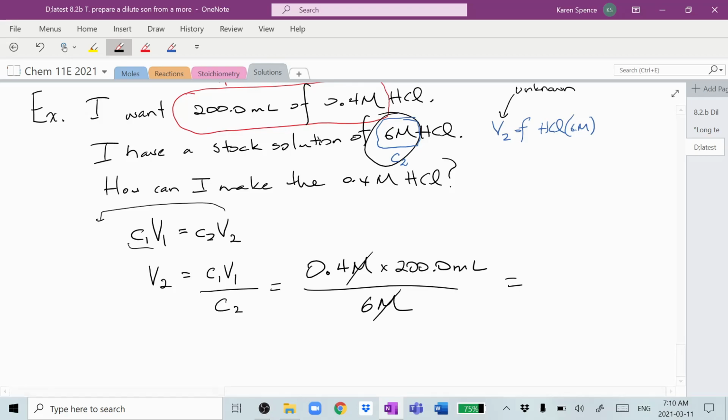Okay, and I end up with, oh, sorry, I've got to grab myself a calculator here. This might be more challenging than I thought. Sorry, this will take a second. I need 0.4 times 200 divided by 6. And we get